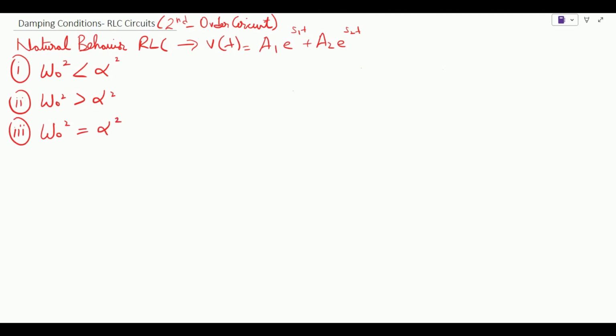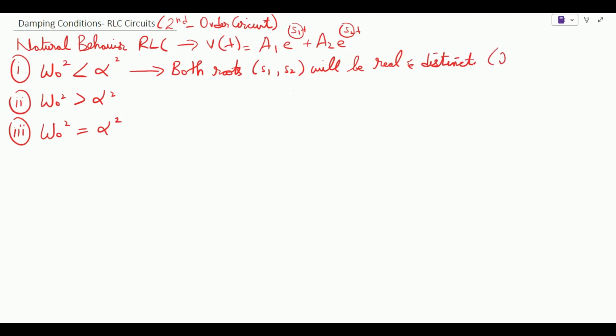In the previous lecture, we saw the graphical representations of the RLC behavior in terms of their damping responses, and now we are going to continue our discussion with the three forms of roots needed for second order circuits. For the first case, if this condition appears, we say that this circuit will have both roots, S1 and S2 as shown over here, real and distinct, and this kind of behavior will be known as the overdamp response,